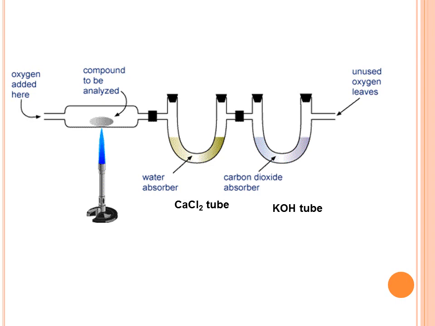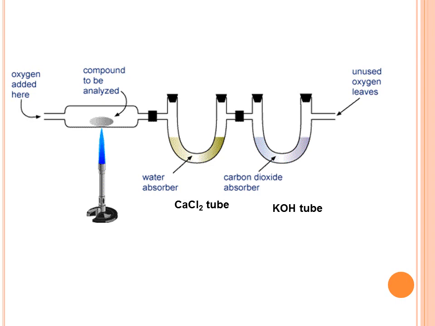So here it is the diagram. Here that compound, that is coal, which we have to analyze, we have to take, then we have to burn it, so that the carbon will convert in terms of CO2, H2 will convert in terms of H2O. The first U tube is the CaCl2 U tube. So the CO2 and H2O will both pass through these two U tubes. First of all H2O will be absorbed in the CaCl2 U tube, then only CO2 will pass to the next U tube, and that is of KOH. There CO2 will be absorbed.